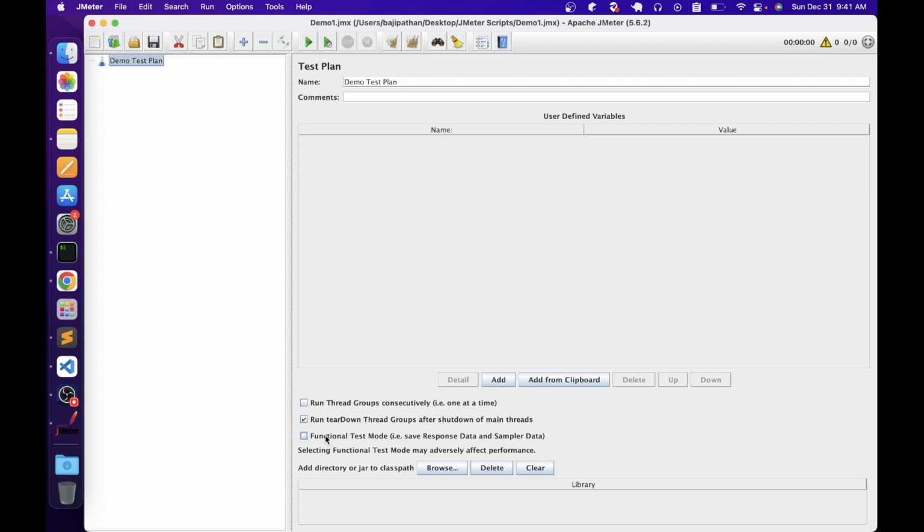So we can also use JMeter to perform some functional testing. Basically, in this mode, JMeter stores information about the request and response, which may consume additional memory. So it is not recommended to select this option during the performance test. They have also given a note here: selecting the functional test mode may adversely affect performance. So when you want to debug something, you can use this mode, but for actual performance testing, we should not